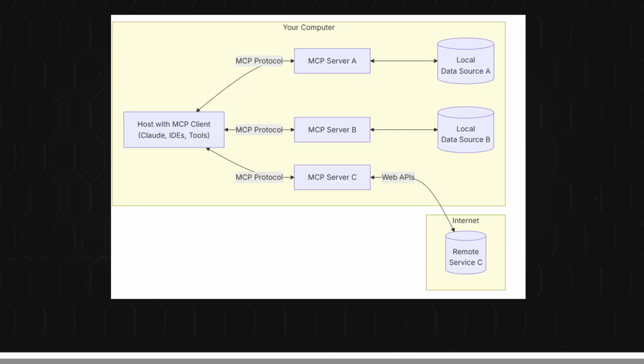MCP server. This is a separate program or service that provides access to specific capabilities like a database or an API. These components communicate using a standardized message format called JSON RPC 2.0. This provides a structured way to send requests, receive responses, and exchange notifications.